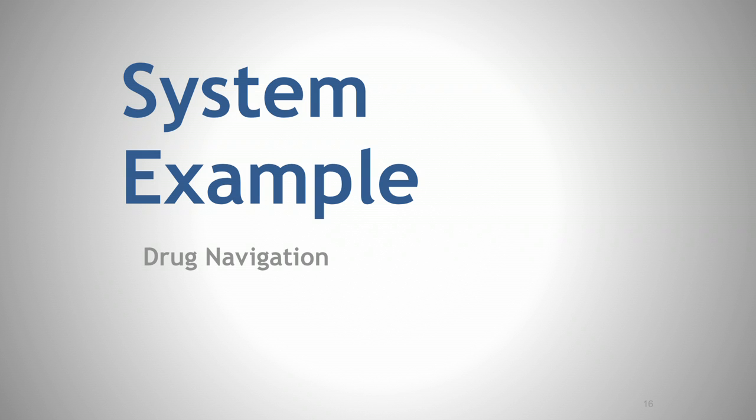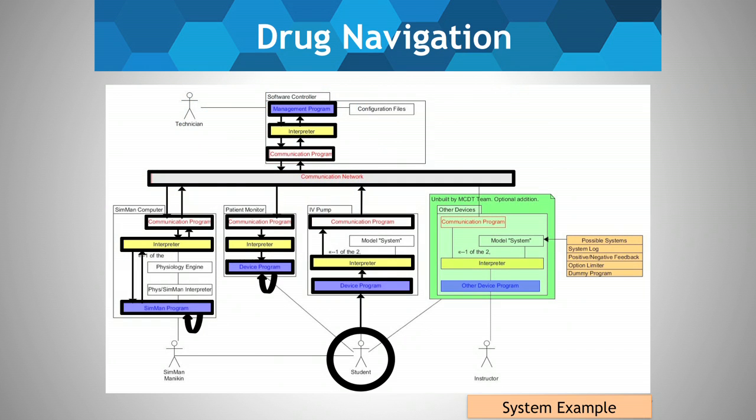Right. And now we're going to go through a more specific example of the same drug message being transferred throughout the system. First, it still starts with the student interacting with the IV pump device. Upon entering a drug, a rate, and the volume to be infused, and hitting the start button, the interpreter will immediately realize that it needs to send out a message of that drug and that drug rate,